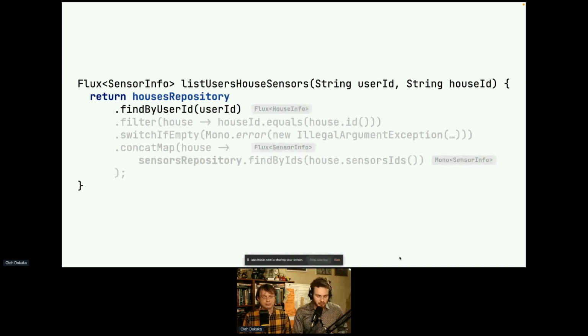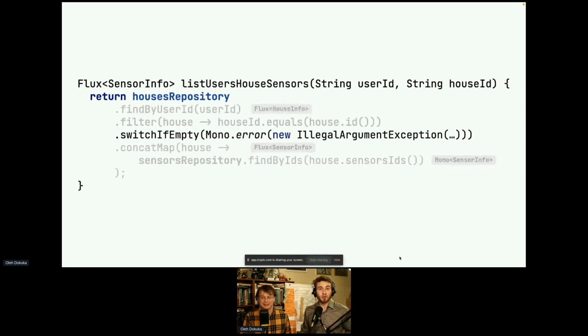So here we get a Flux, and then you have a ton of great methods on the Flux, 150 or even more. This is the power of this tool. Don't blame it, just say that it's great, because there are a lot of things that can help you solve your problems. Anyway, we have filter, and filter is a great replacement for an if in your for loop. It's straightforward: you're filtering your events.